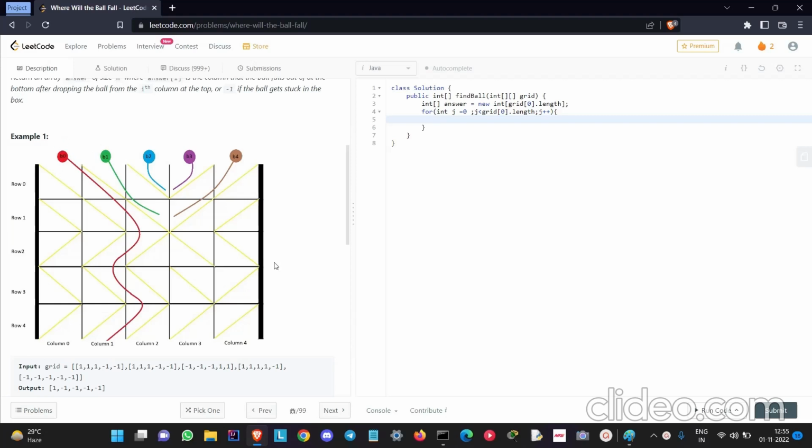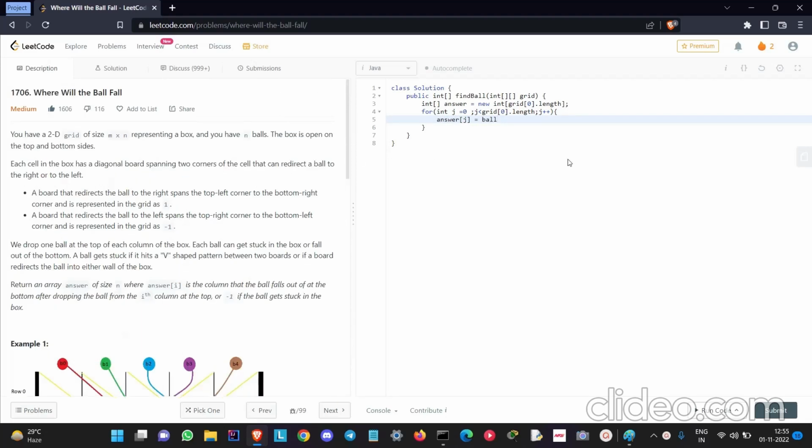So let's consider this case. First, we will drop a ball in zeroth column, first column, second column, third column, and fourth column. So we are using a loop to simulate that. And finally, answer of current column will be